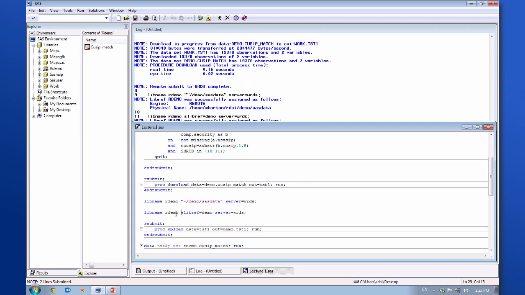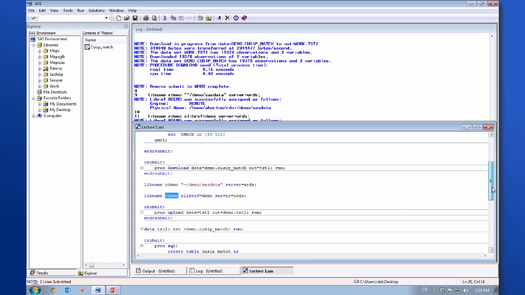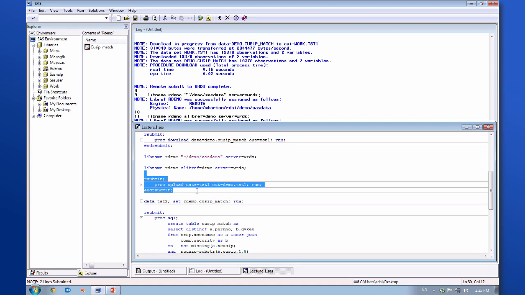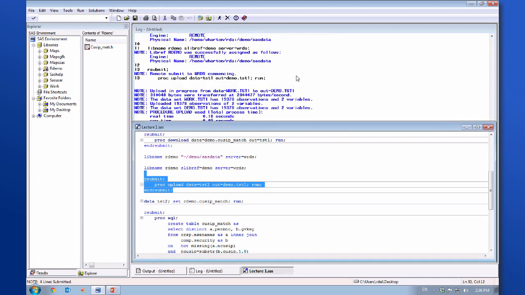Basically, you refer your local library called R demo to the demo library in the remote SAS environment. You can also use the upload command to submit a local file to a remote file. If you click the upload procedure, you can see what I'm doing here is basically uploading a file called